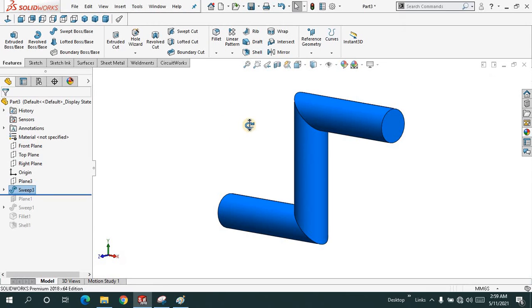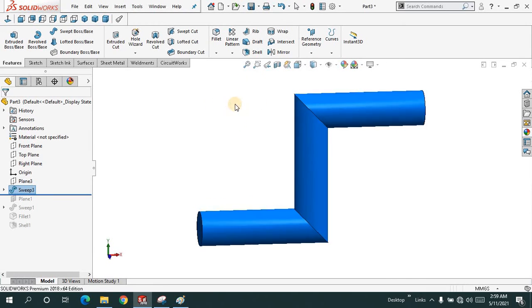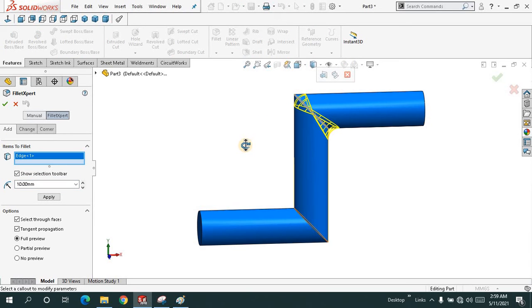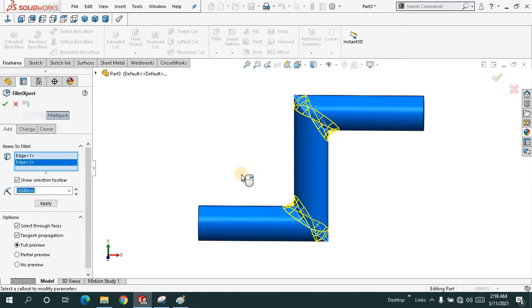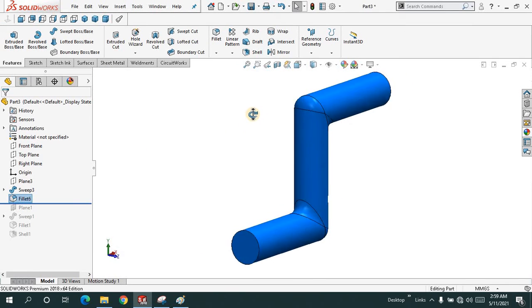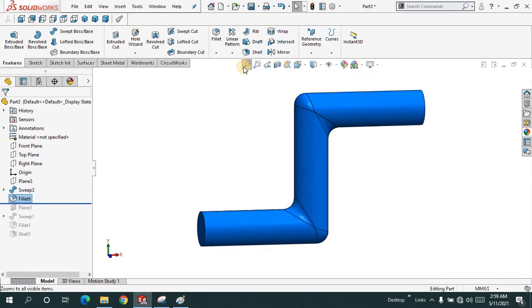Okay. See, choose Fillet, select here this one and this one. Okay, now it's entirely filled. Choose Shell,